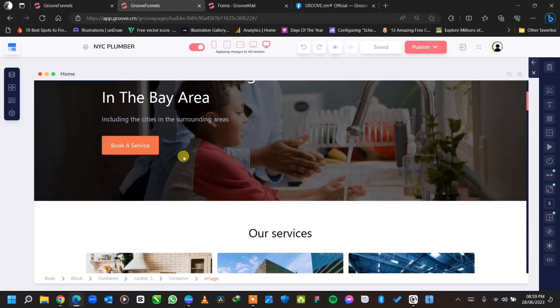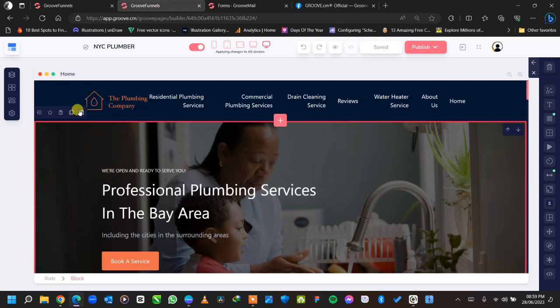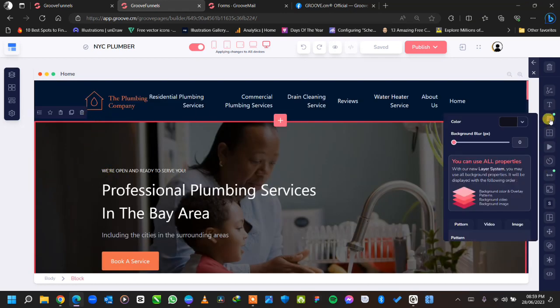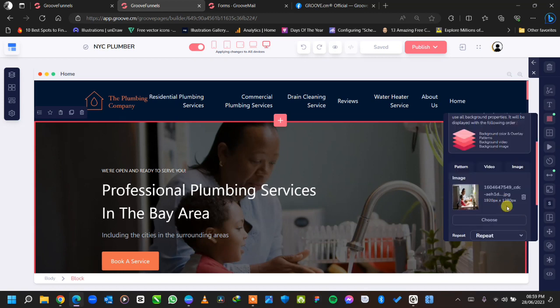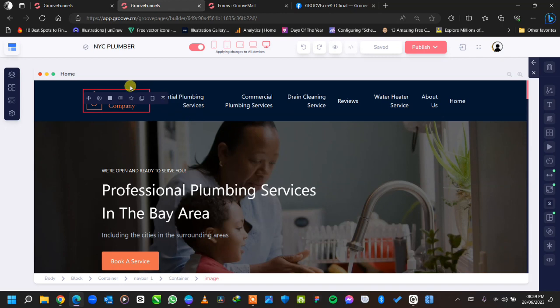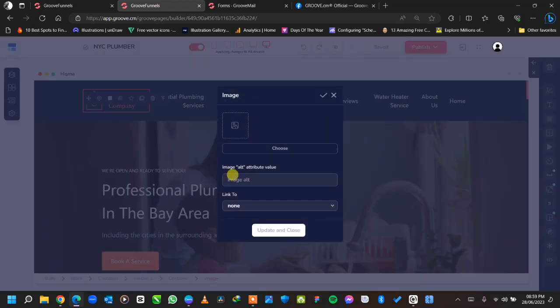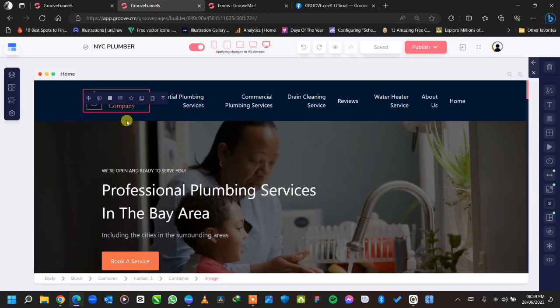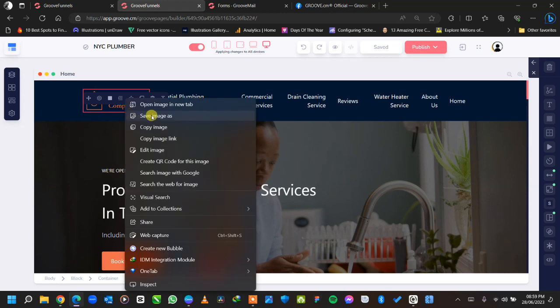For situations like this where the images don't show up, let me check the background and see if the image shows up here. So the image and the dimensions show up here, but on the logo it doesn't show up. So what we're going to do here is very simple. We could either do this, save image